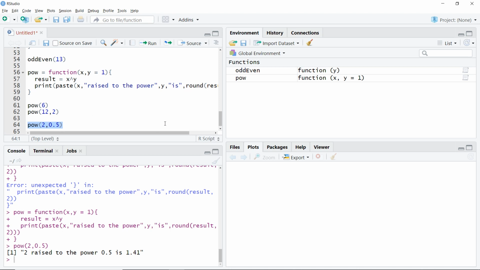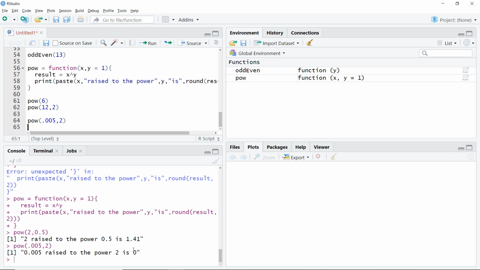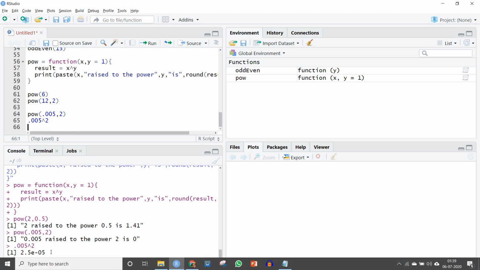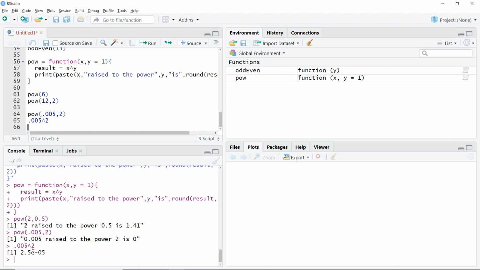Now the problem with using the round function here is that, let's say that I'm finding the square of, say, 0.005. So if I say square of that, and I press Control Enter, you can see the final value is 0. Why? Because in actuality 0.005 raised to 2 should give me, see, 10 raised to minus 5 value. This is 2.5 into 10 raised to minus 5. So clearly I have a lot of zeros here.